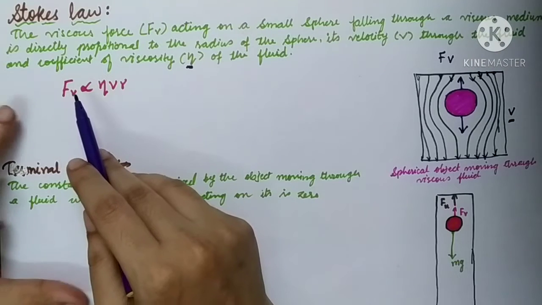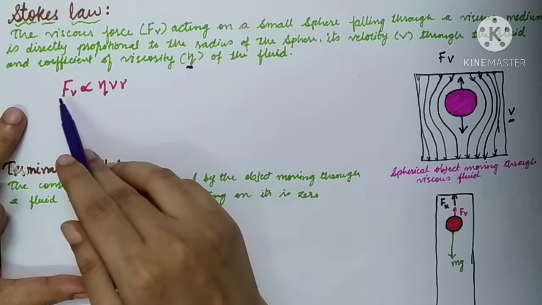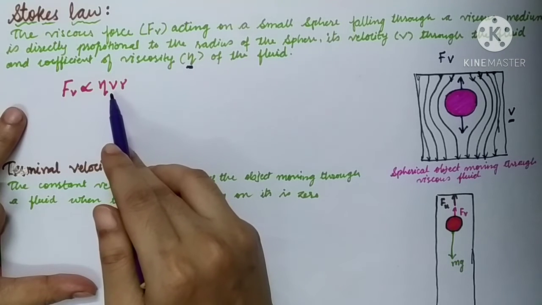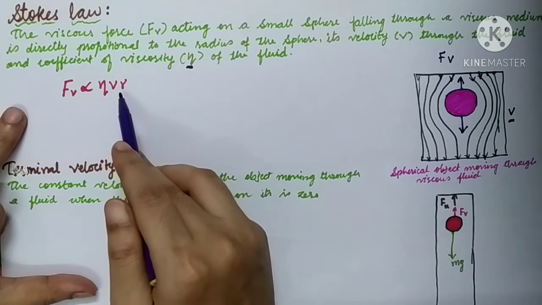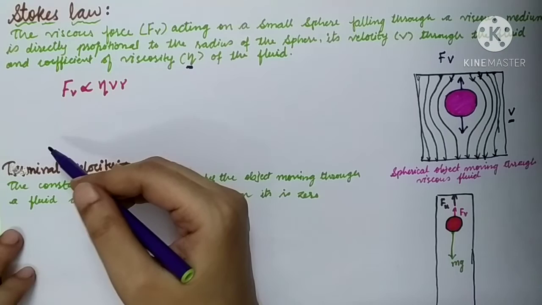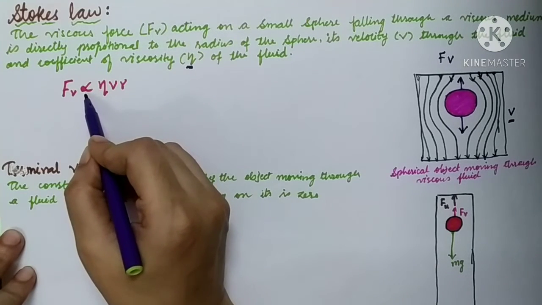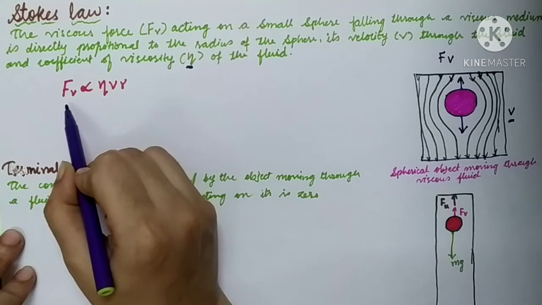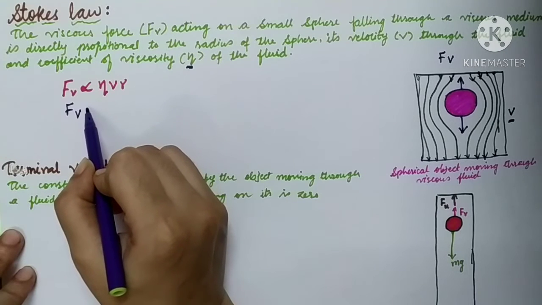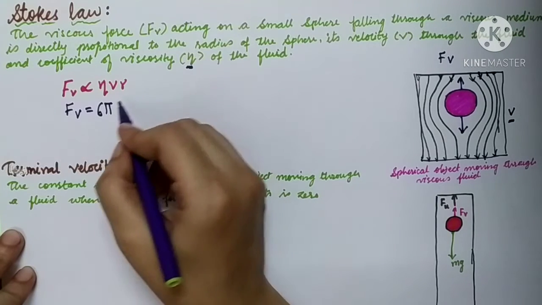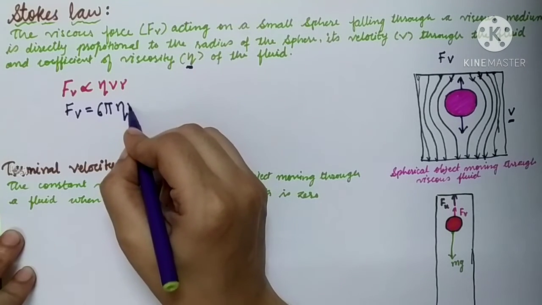So here we can write down these three things in the form of an equation: the viscous drag is found to be directly proportional to the coefficient of viscosity. Eta is the coefficient of viscosity here, V is the velocity of the sphere, and R is the radius of the sphere. And in a laboratory, when you remove this proportionality sign, you need to write one constant here. Here the constant is already calculated, and that calculated constant comes out to be equal to 6 pi. And the rest of the thing will remain as it is, eta V into R.